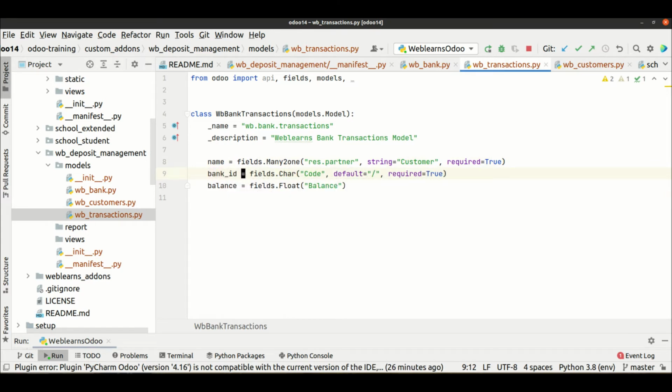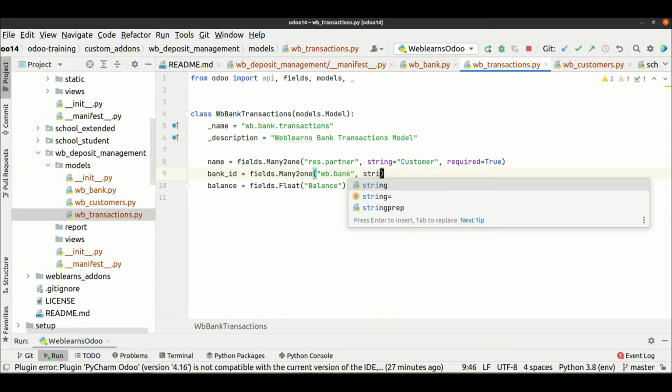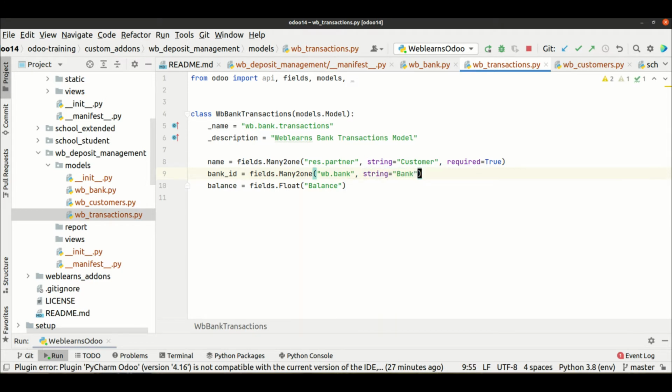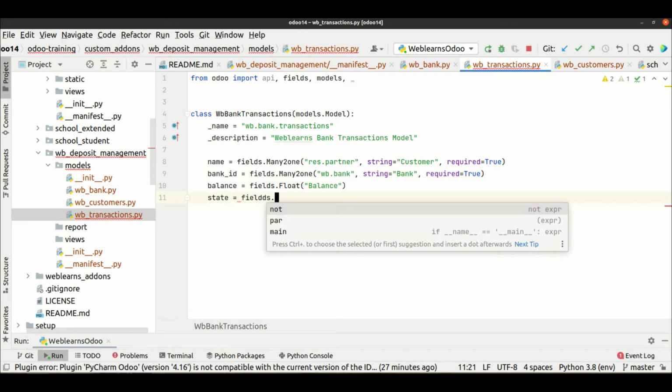Bank_id, many to one WB bank. Right now I'm not setting the default bank at this time, string bank, required true. The balance amount, yes, and